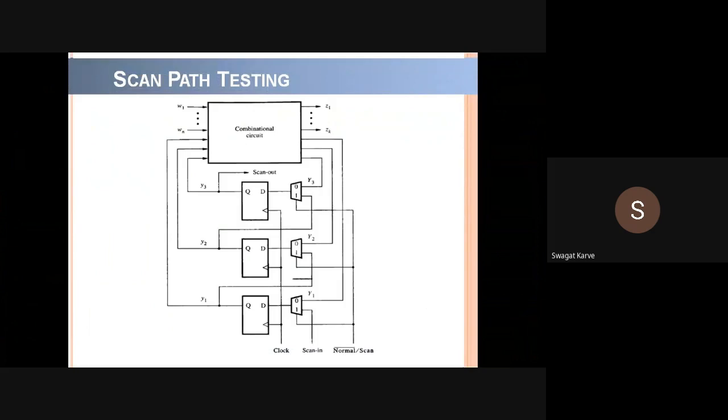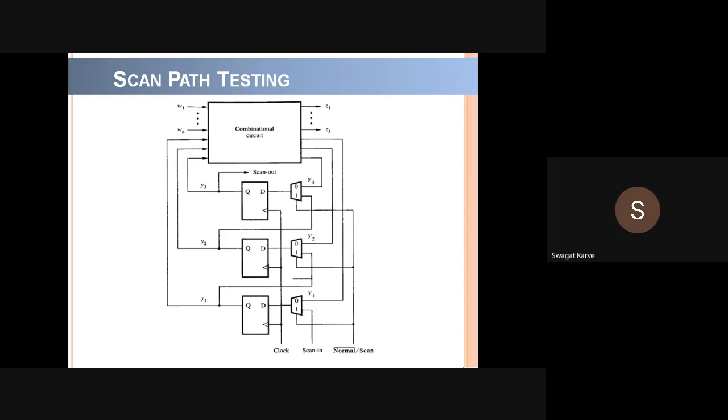Okay, so basically in the last lecture we discussed examples related to path sensitization, and we discussed two or three examples of how to find the optimized test vectors using path sensitization. That is all about the combinational logic circuit testing techniques. Whatever we have discussed, all these are combinational logic testing techniques.